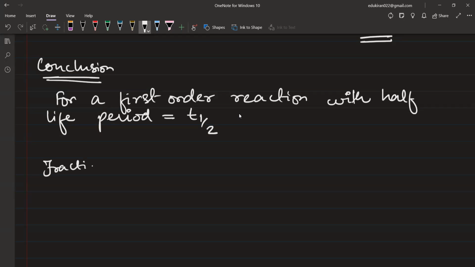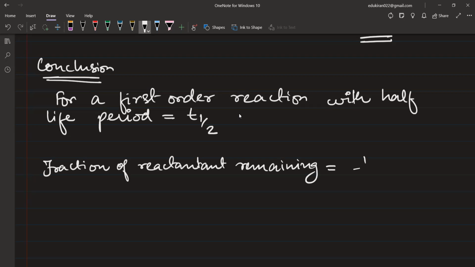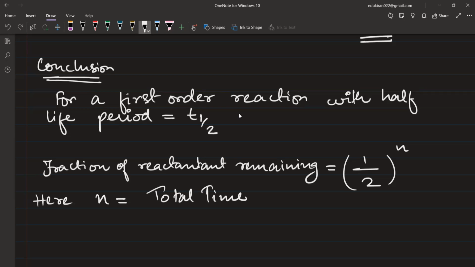fraction of reactant remaining is equal to 1/2 to the power of n. Here n is equal to total time, जिसके बाद में आपको फ्रैक्शन ऑफ रिएक्टेंट रिमेनिंग निकालना है, डिवाइड बाय दी t हाफ. ओके, चलिए